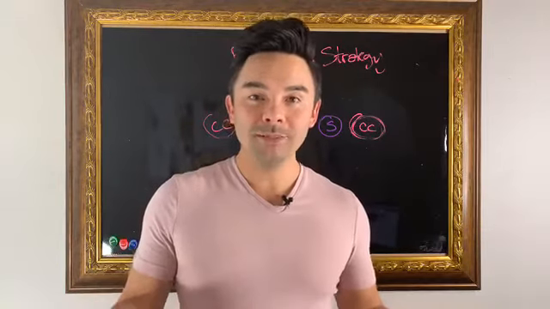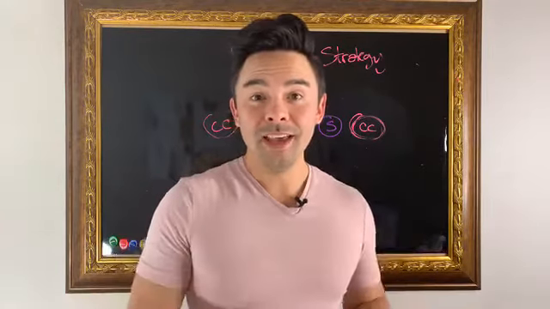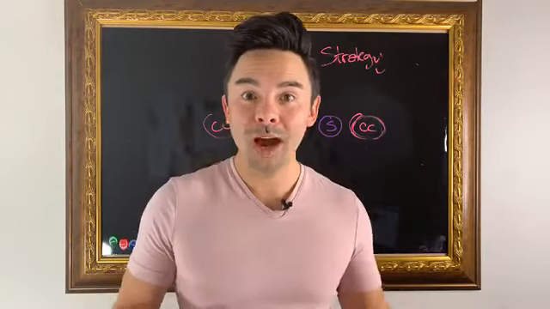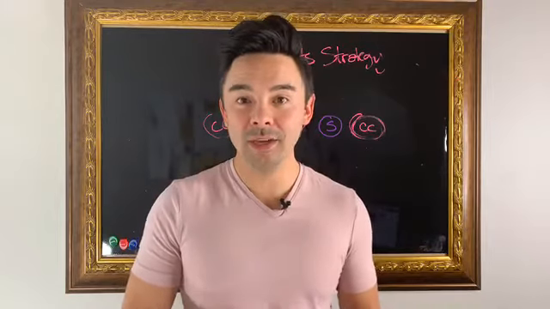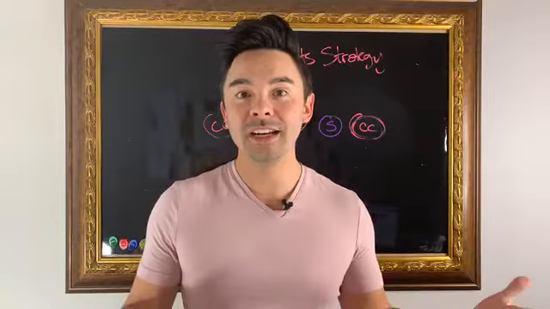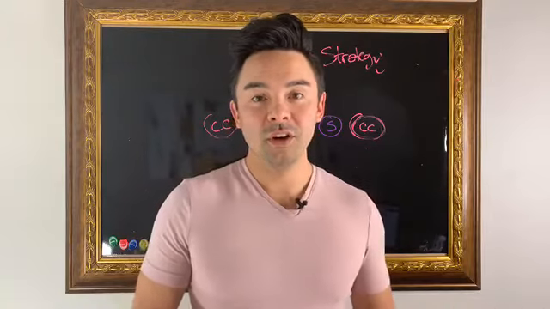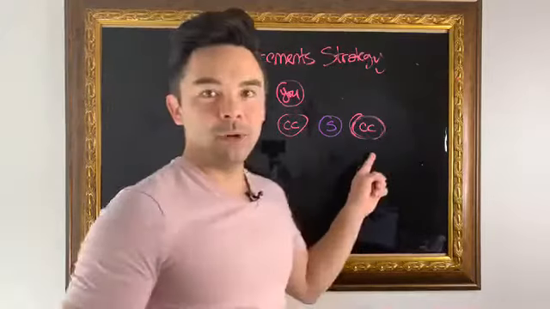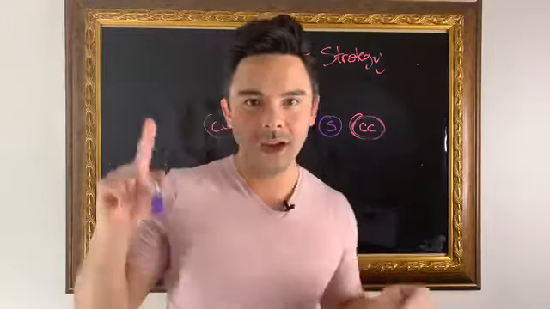So the only placement strategy that I subscribe to is put CCs on your front line and build under the CCs. Why? Because it is the fastest way to independence, to creating actual time freedom in your business, to having your income be truly residual. So if you put 3 CCs on your front line, well, a CC, someone who's actually committed and capable, caveat,